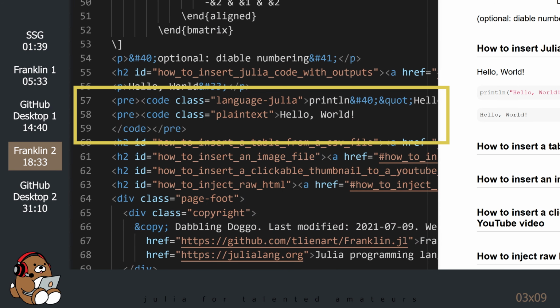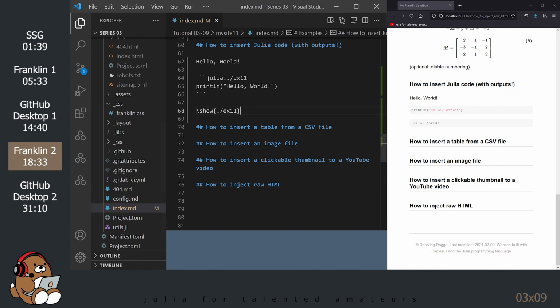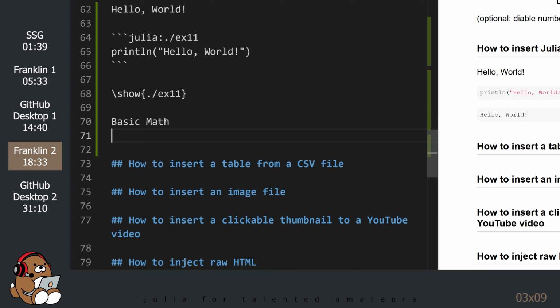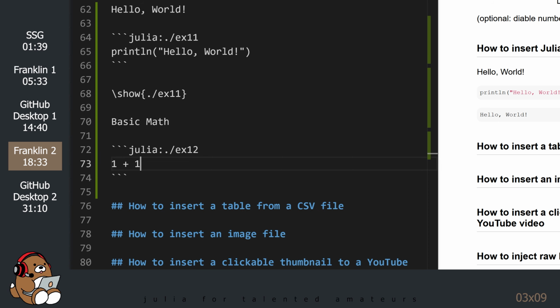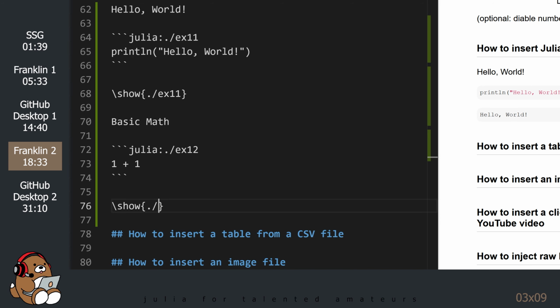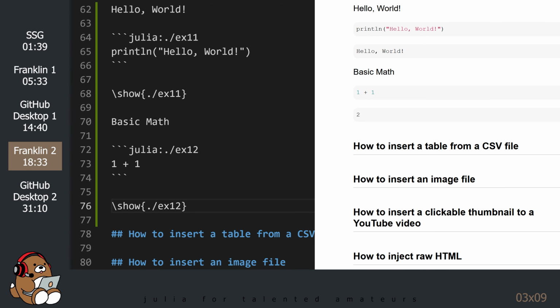I'm not sure how Franklin is working under the hood here, but Franklin is actually converting the Julia output into HTML, which is amazing. Let's take a look at some more examples. So it works for basic math as well.